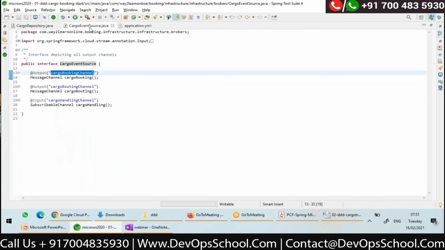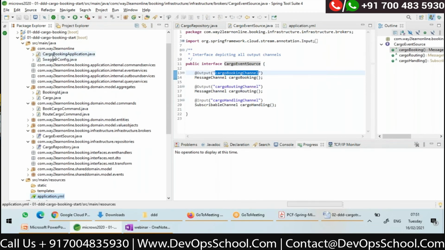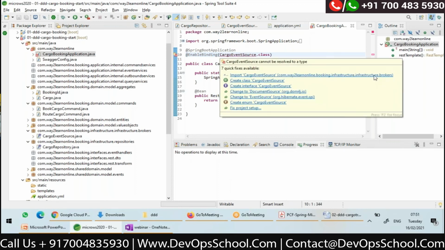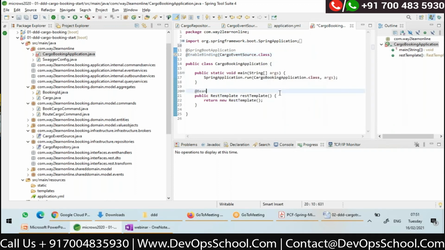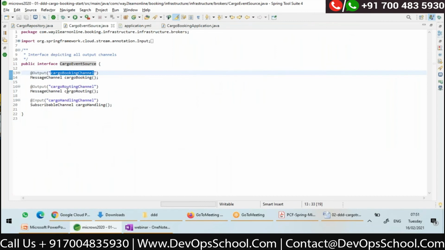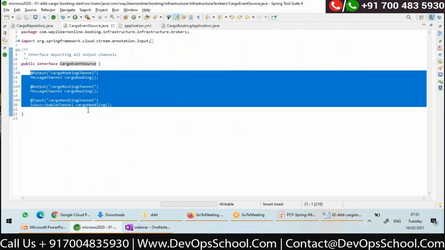If I write an interface, automatically an implementation will be generated, if in your configuration you enable binding, right? So here I am enabling the binding and I'll import this. If I enable binding, an implementation will be generated. Then I'll be able to use this interface to send messages to RabbitMQ.